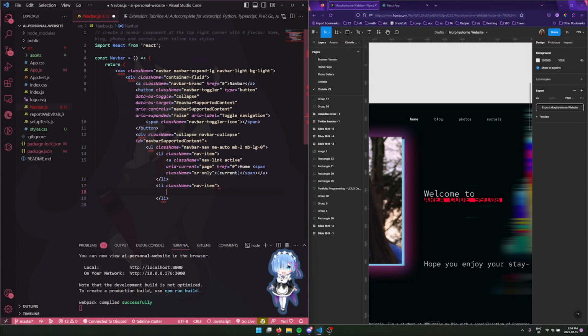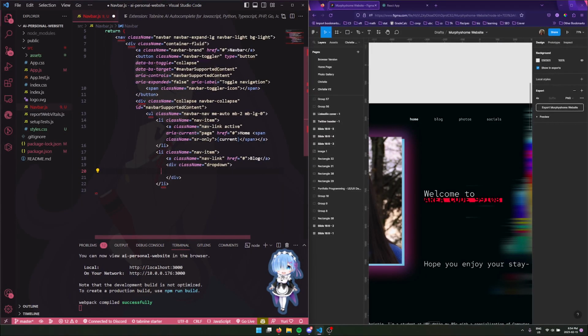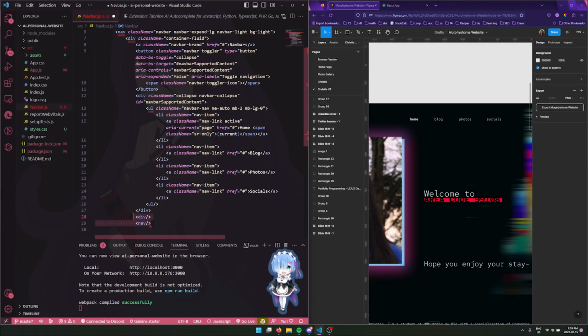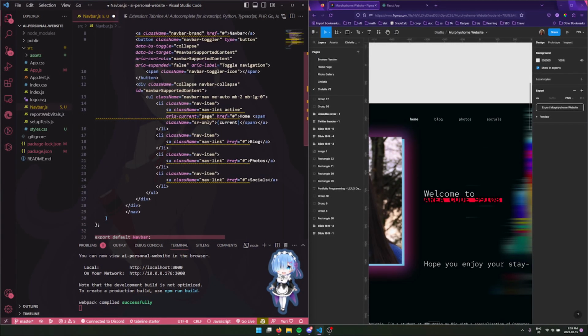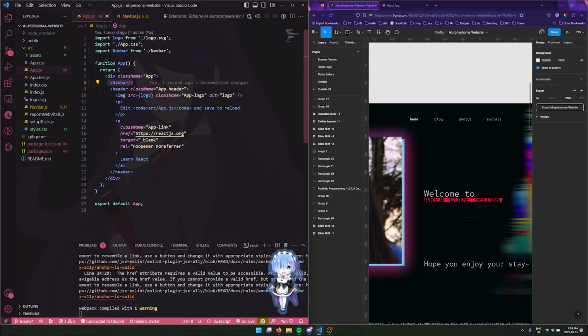Basically, it gives us this whole chunk of code, and I'm just going to show you the final product. You can see we don't actually get any of the CSS, we just get all of this code, and we don't know where it's pulled from. So let's see how it looks.